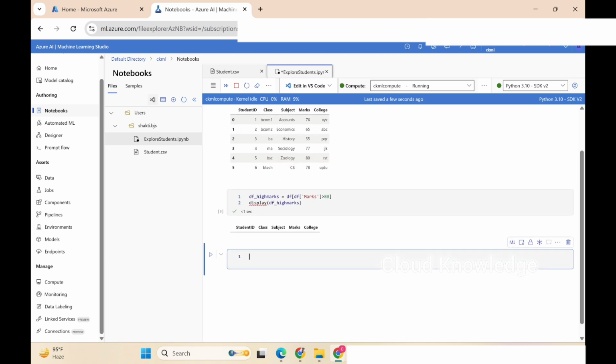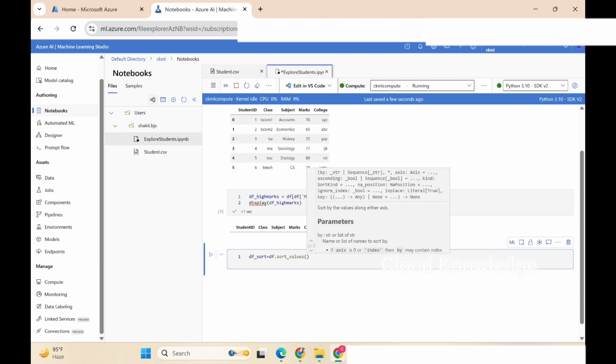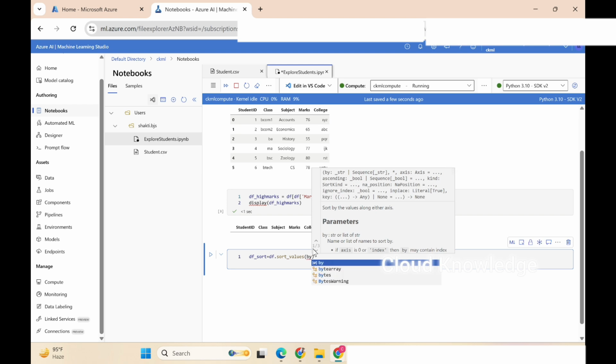Let's now explore a little more. We will sort this output or the CSV by marks. So let's name it as df_sort. And how are we going to sort? We are going to sort on the data frame with the sort_values function. Okay, sort_values we are using. We have to go with the syntax, which is first is by. You can see here the IntelliSense is showing by. So we'll type here by equals to,